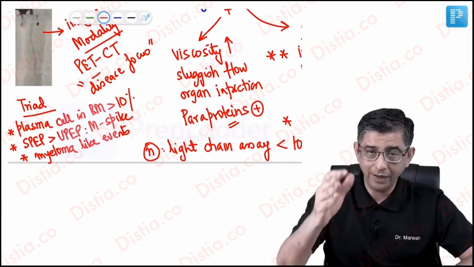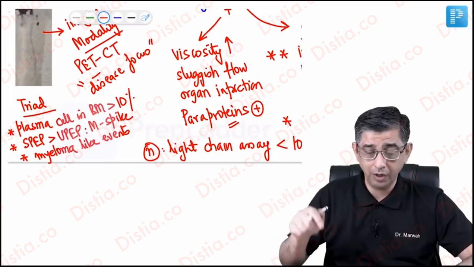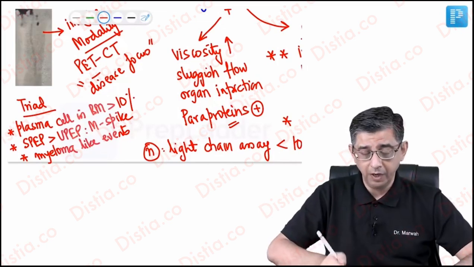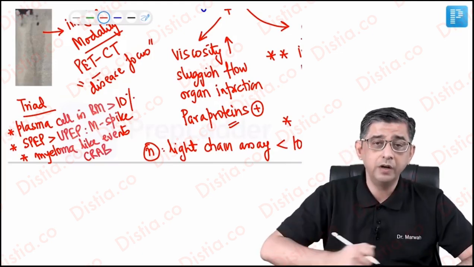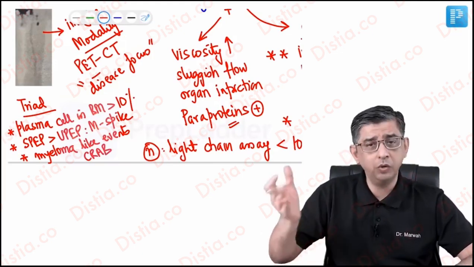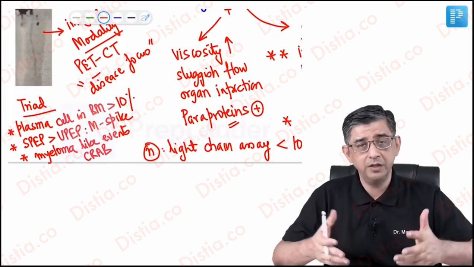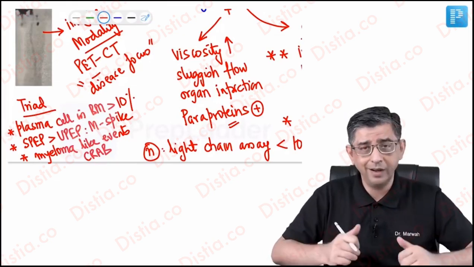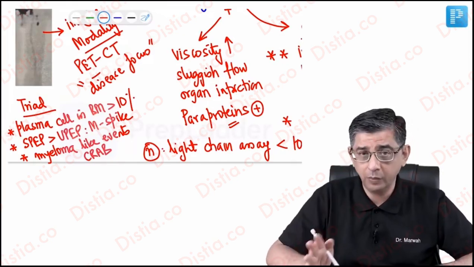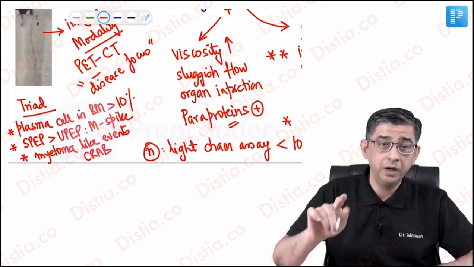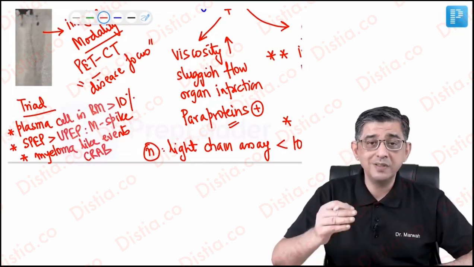I want to tell you right at this point of the discussion, though even right at the end of the discussion, I'm going to come back to this diagnostic triad. If hypercalcemia, renal failure, anemia, and bony lytic lesions have not developed in a person, will I wait for them to appear, to say, okay, I need you to suffer, and then I'll make a diagnosis? The point is, every patient would say, sir, I need an early diagnosis. So if these myeloma-like events have not occurred in the patient, then what is the cutoff of plasma cells in the bone marrow for diagnosis? The cutoff is 60%.